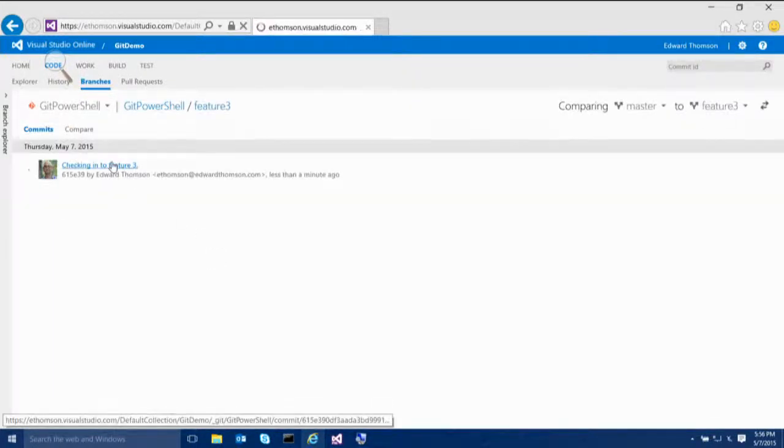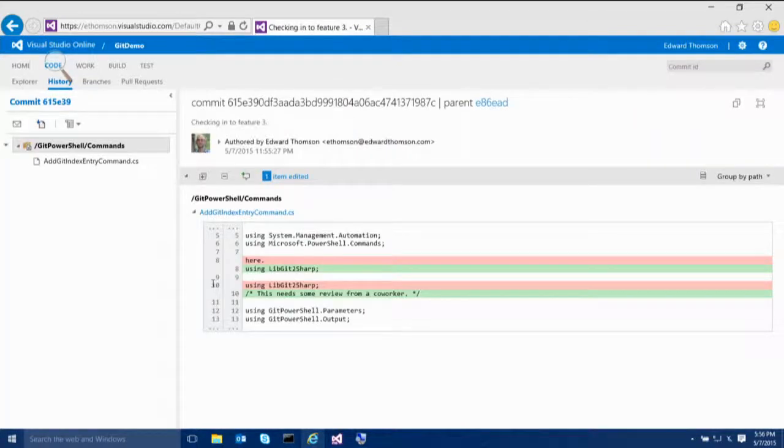Okay? I can click on it. It shows me that one change that I've made there. That's the change that I just made locally. I can keep pushing into this branch as long as I want. When I'm ready for this branch to actually make it into master, when I'm ready for this branch to land, if you will, for the changes to get integrated and available to everybody,